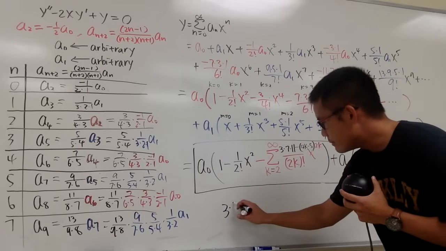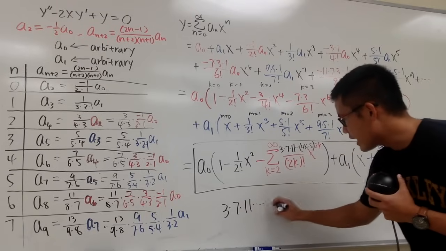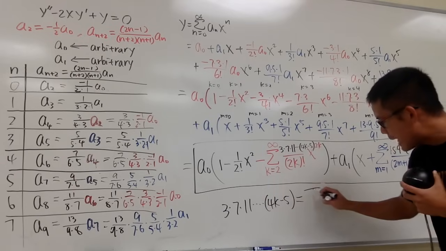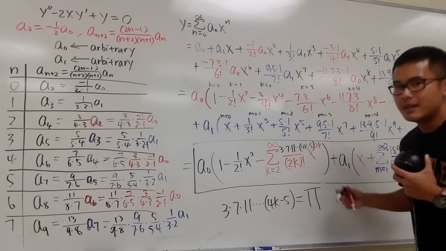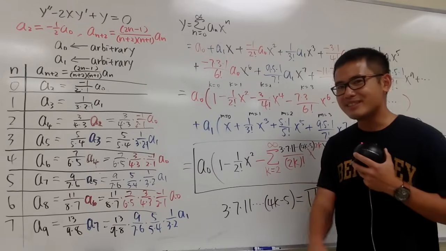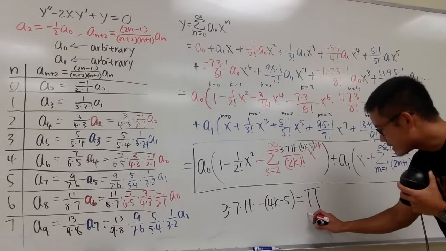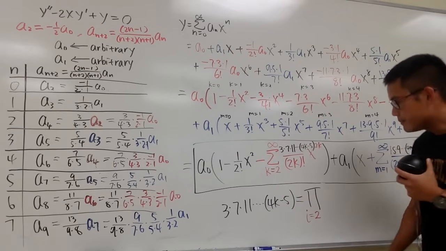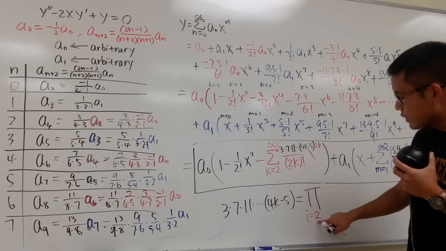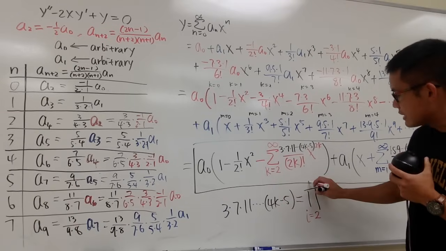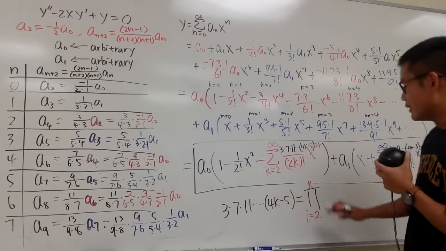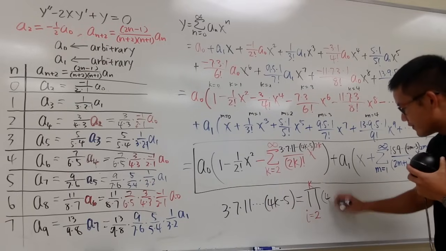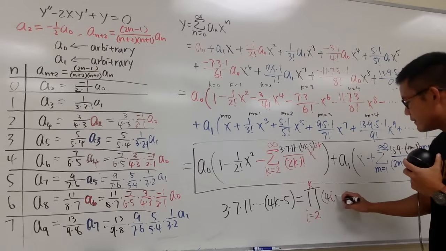Another way to represent 3 times 7 times 11 times ... up to 4k minus 5, is the following. We can use the capital Pi notation to represent the product of a bunch of numbers that have a pattern, right? And I'm going to use another index. I will just say this is i. And earlier, I began with 2. I will just keep it as 2, right? And this is saying i goes from 2. And the last term that I want to have is k. I just want to have k many terms. So not infinity right here, right? And I just have to put down the formula that I got right here, which is 4i minus 5, like